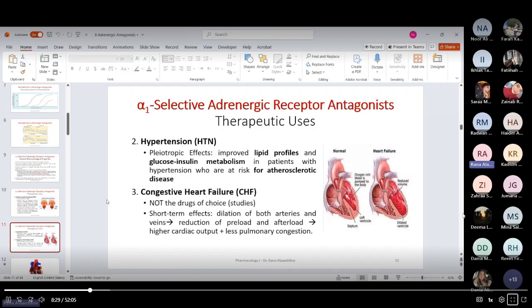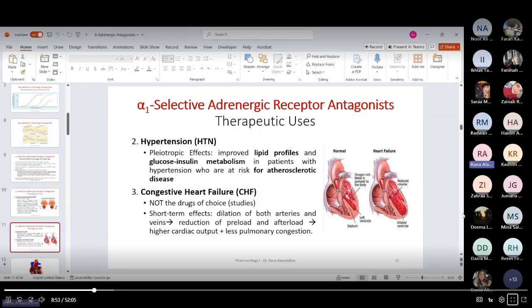Some other uses can be related to hypertension, as we just mentioned. So it can be related to blood pressure, because it relaxes the smooth muscles of the vessel, so it causes vasodilation. And also it can relieve congestive heart failure,